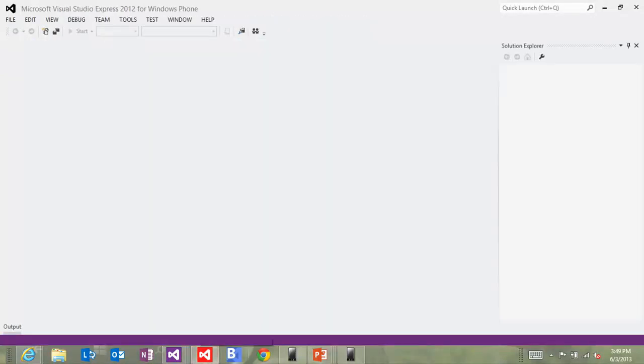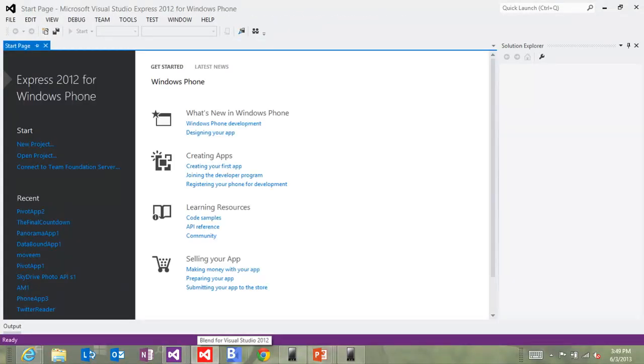The things that are missing in the Express SKU are things like the Team server stuff, and some of the more advanced features. One that hit me the other day was the ability to paste JSON as a class. I don't know if you ever used that one where you get JSON and you try to paste it as a class. You can't do that in the Express SKU. You have to go to the website to do that.